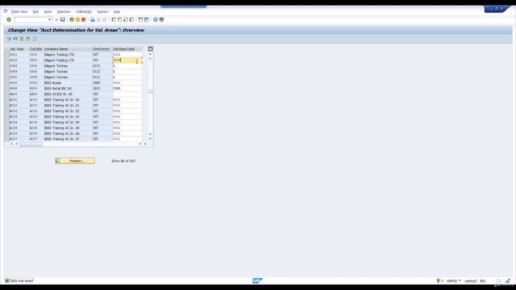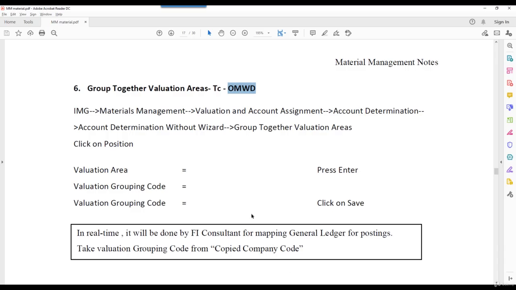If you are missing this step, you are not going to post any entry in FI. That is the reason this is very important. Don't miss this. Follow the notes strictly. Save this. Next step is to